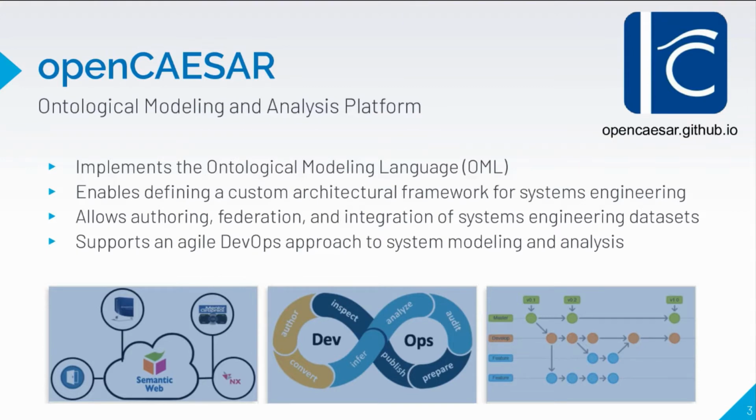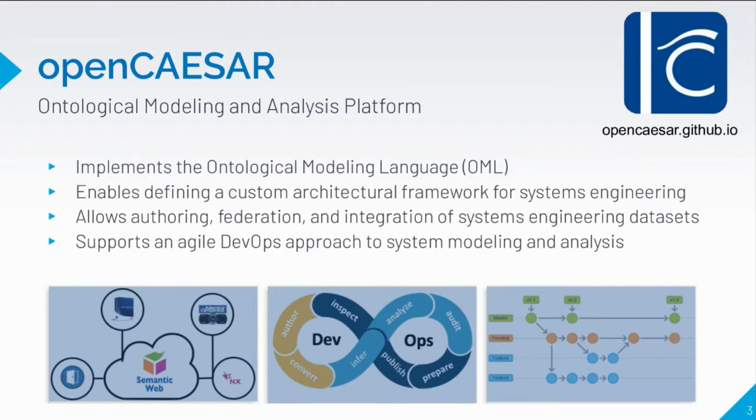So one of the first questions we had to answer is how do we create ontologies? And in the next chart, I will show you the motivation for defining what we call the Ontological Modeling Language, which is, think of it as a bridge between the modeling world and the semantic web world. It enables an organization to define a set of semantic vocabularies for the system engineering practice. And that could be based on standards or not, depending on the methodology of the organization.